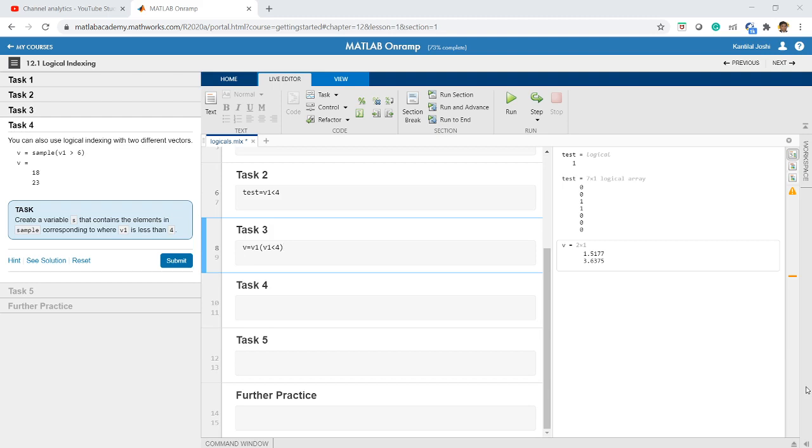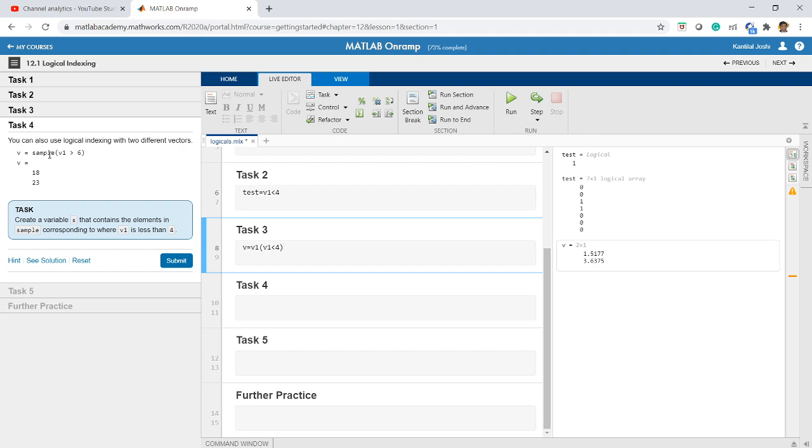Okay dear students, let us move on and take up the next task, which is talking about how we can use the logical indexing with two different vectors. For example, if I want to create a new vector v which contains the elements in the vector sample, where v1 is greater than 6.